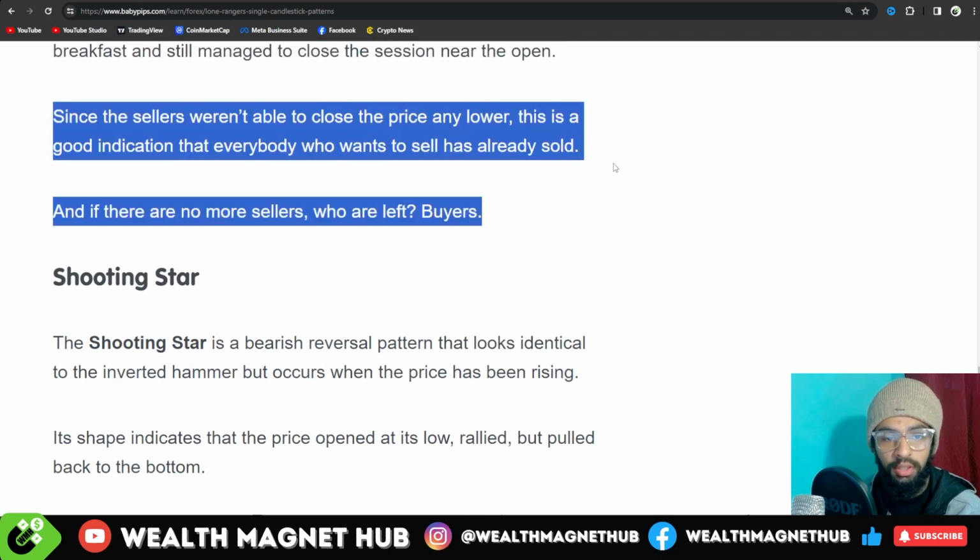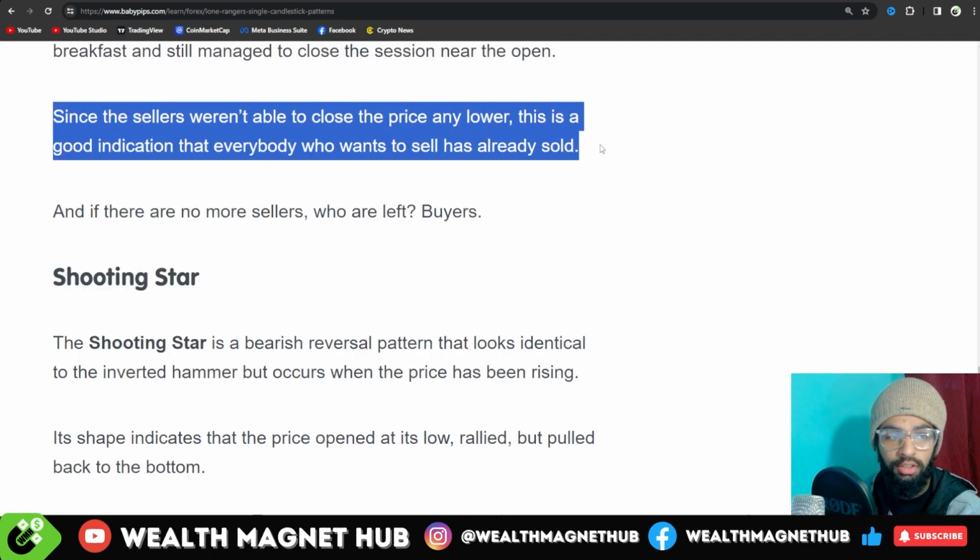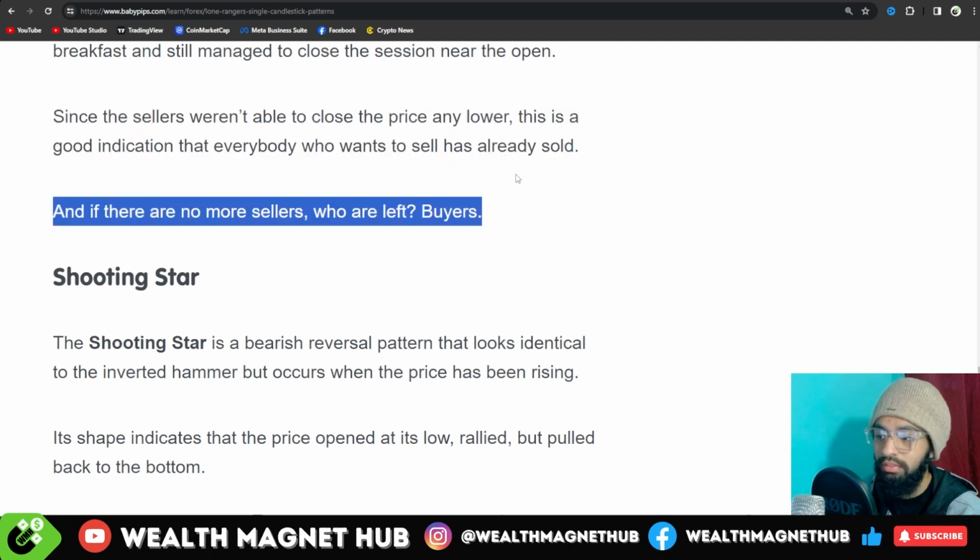Since the sellers were not able to close the price any lower, this is a good indication that everybody who wants to sell has already sold, and if there are no more sellers left, who is left? Buyers. So basically, only the buyers are left in the market. Obviously not only, but mostly the buyers are left in the market, considering a market reversal to the upward